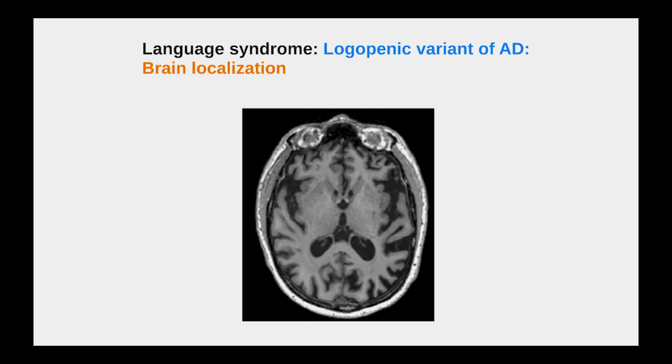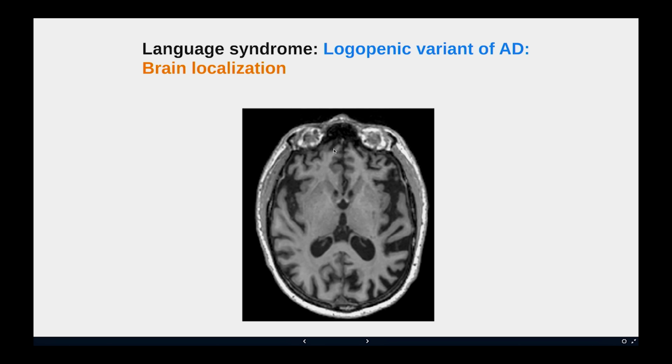So this is to show you where in the brain this is. Again, I'm going to reorient you like we did the first time. You can see here the top of the eyes, so that's the face here. That's the back. This is your left side. This is your right side.